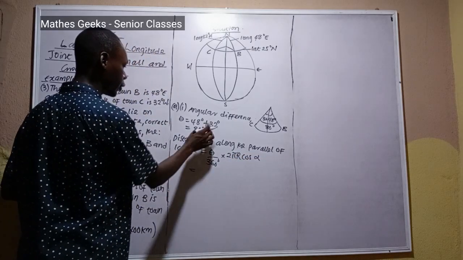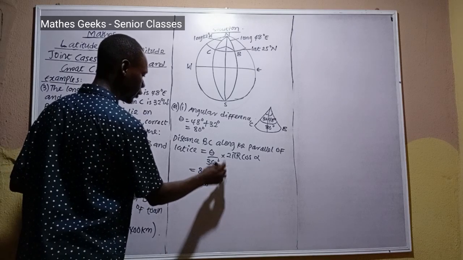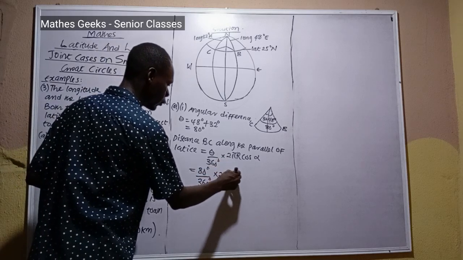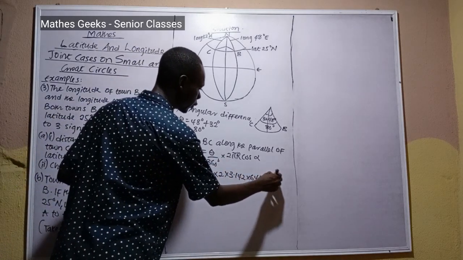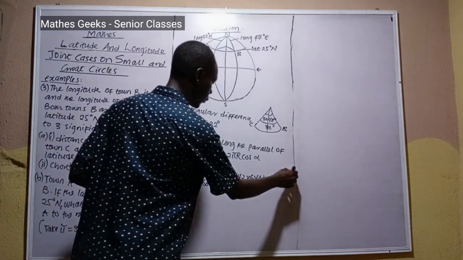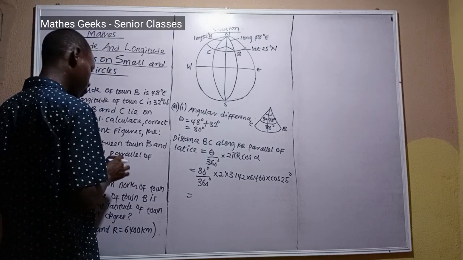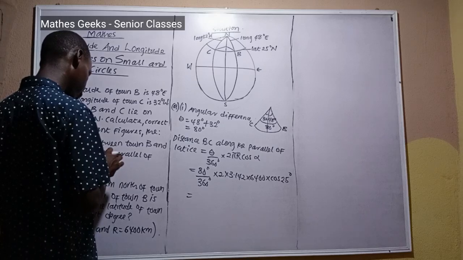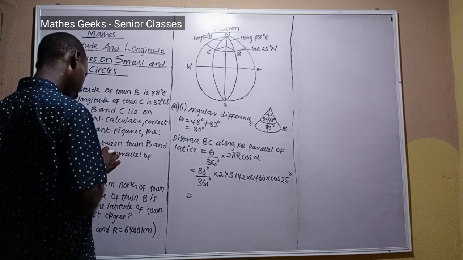This will give us 80 degrees over 360 degrees times 2 times pi, which is 3.142, times 6,400 times cos 25 degrees. So this will give us 80 times 2 times 3.142 times 6,400 times cos 25,